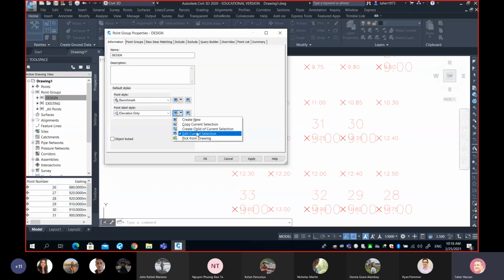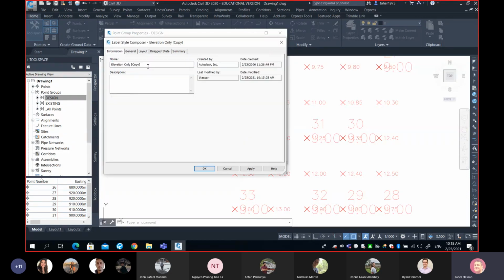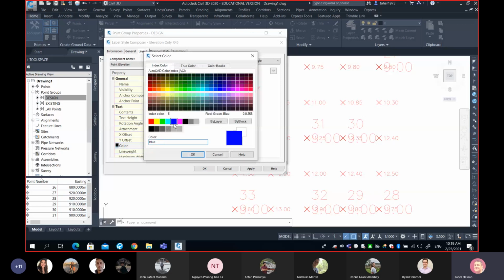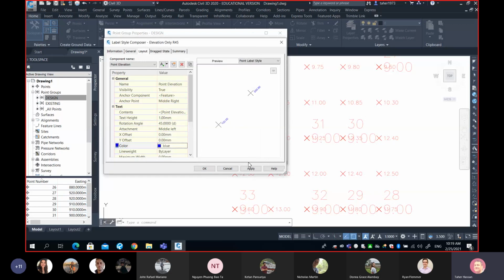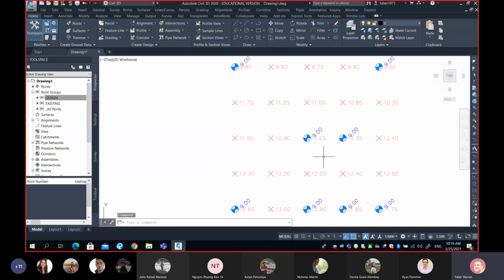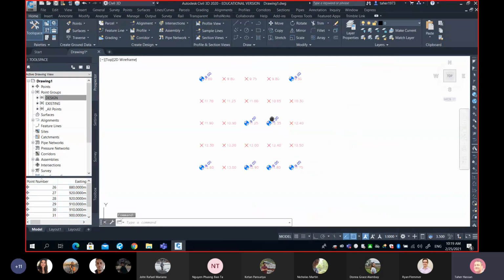So I will make a copy, and I will say, okay, elevation only, rotated 45 degrees, and I will go to my layout and make sure it is rotated by 45 degrees. And I will also make sure that the color is different. I will give the color here blue. Okay, so hit OK, hit OK, hit OK, and then one more time hit OK,